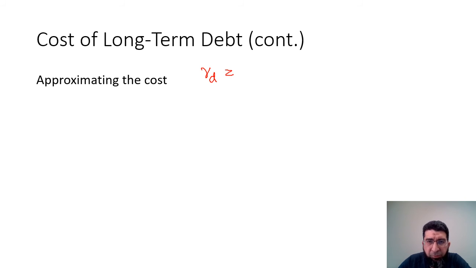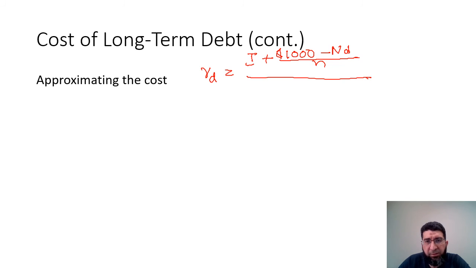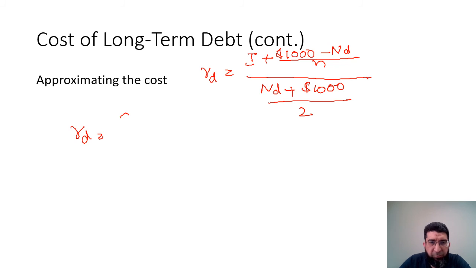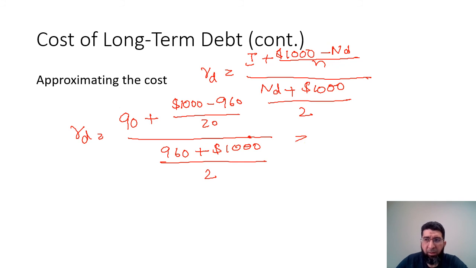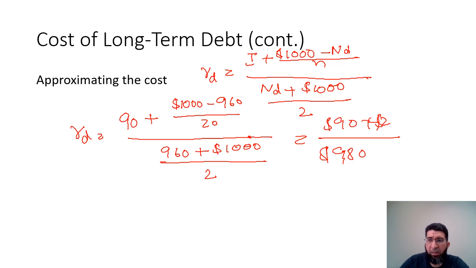And what are the values here? So let me use it for the same again. So RD equals I plus the dollar face value, and this comes out to be minus 90 divided by N, the number of time periods, and then this is ND plus 1000 divided by 2. If I replace it with the values, that will give me 90, if you remember the coupon payment, plus now we have $1000 minus the net proceeds from the debt, which was 960, the value of the bond, divided by the 20 years, and then you have 960 plus $1000, divided by 2. This gives us basically $90 plus $2 divided by $980, and the answer comes out to be